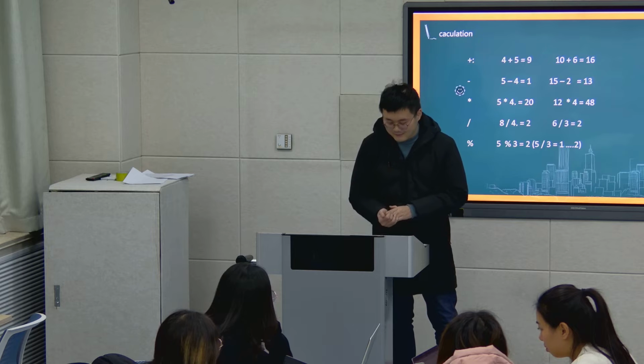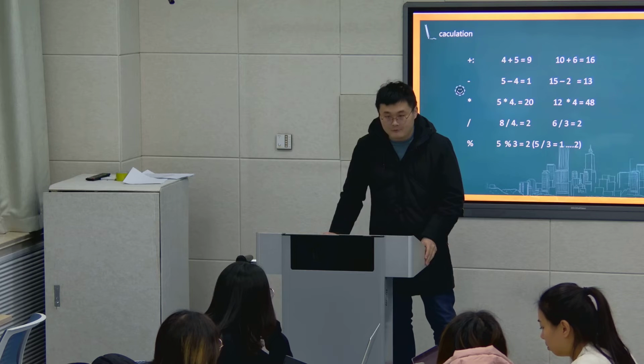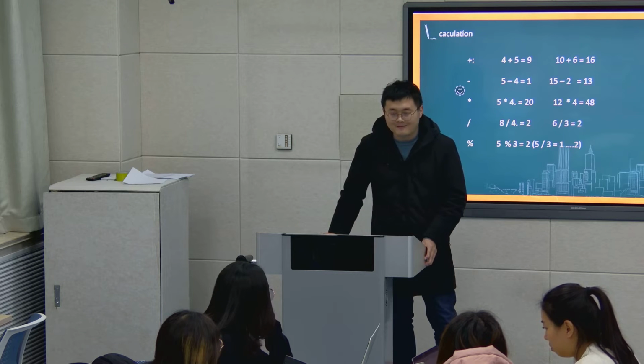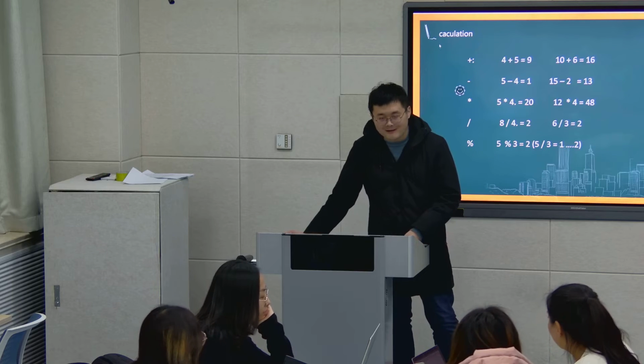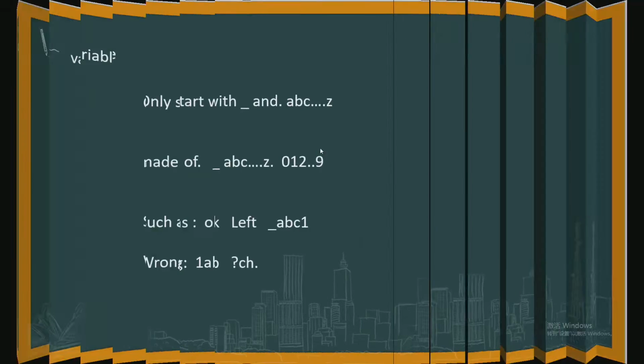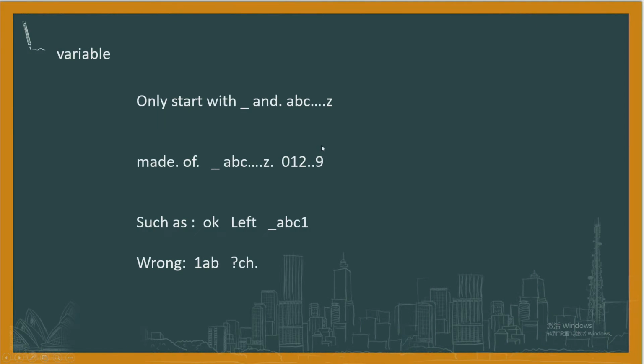That means 5 mod 3 equals 2. 就是余数，对吧？就是取余，5除以3的余数是2。就取余运算。